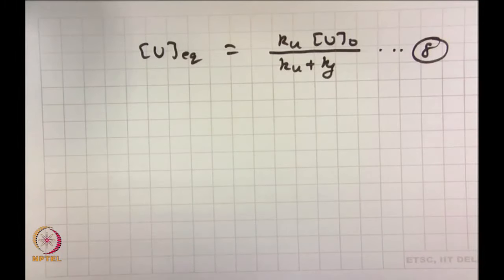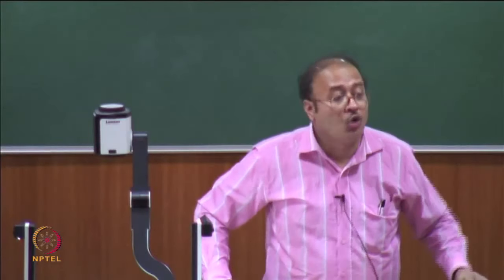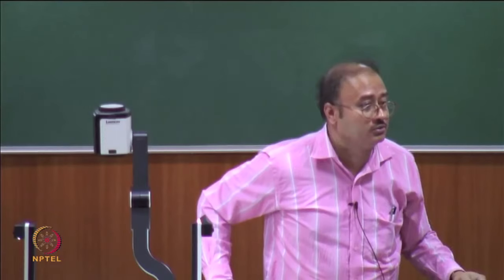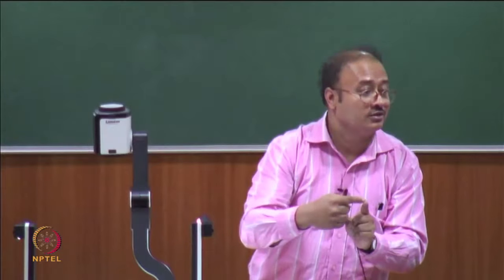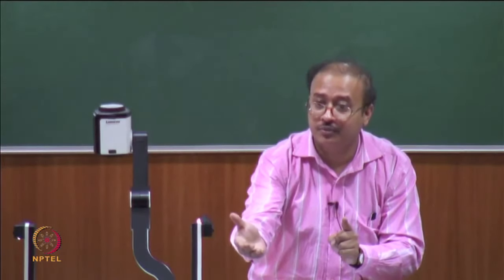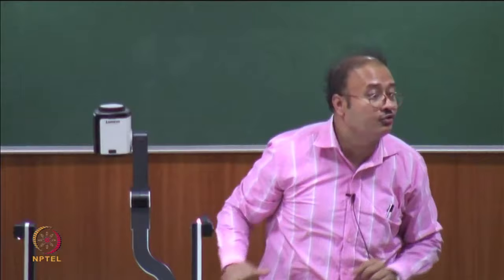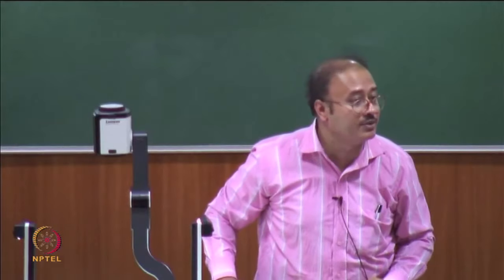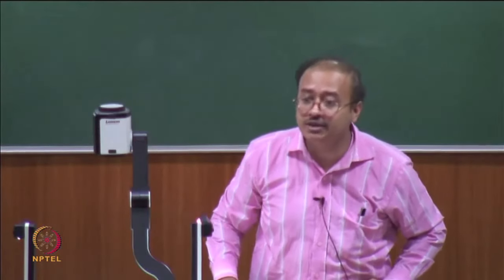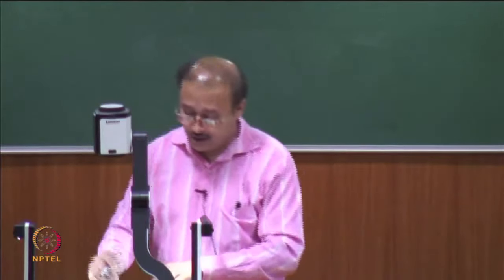See, why do I need u equilibrium? I need u equilibrium because after I do mixing, where does my change stop? My change stops at that point beyond which there is no further change. And what is that point? The point is the equilibrium, right. And that is why the u equilibrium, or if I had gone the other way around, the f equilibrium, is so important for me, because the change would stop once I have reached equilibrium. At equilibrium there is no further change: du by dt is equal to 0 or df by dt is equal to 0, is not it. Hence, I can use this 8